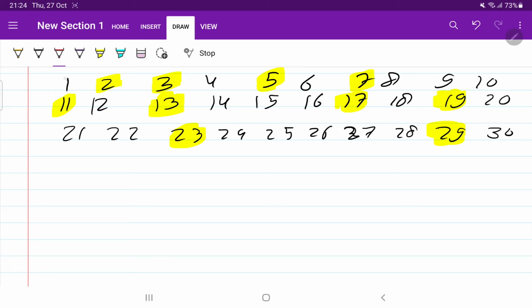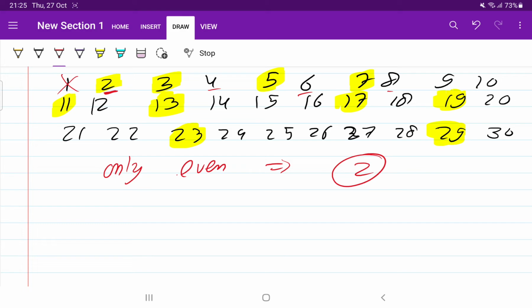We know that 1 is neither prime nor composite, so we are not going to deal with 1. If n is equal to 1, we need to return false, it is not a prime number. Now if we observe, we have only one prime number which is even. There is no other even prime number, as you can see 4 is not a prime. So we have only one even prime number, that is 2. This is the first observation we have made: if the number is even, it is not a prime other than 2.